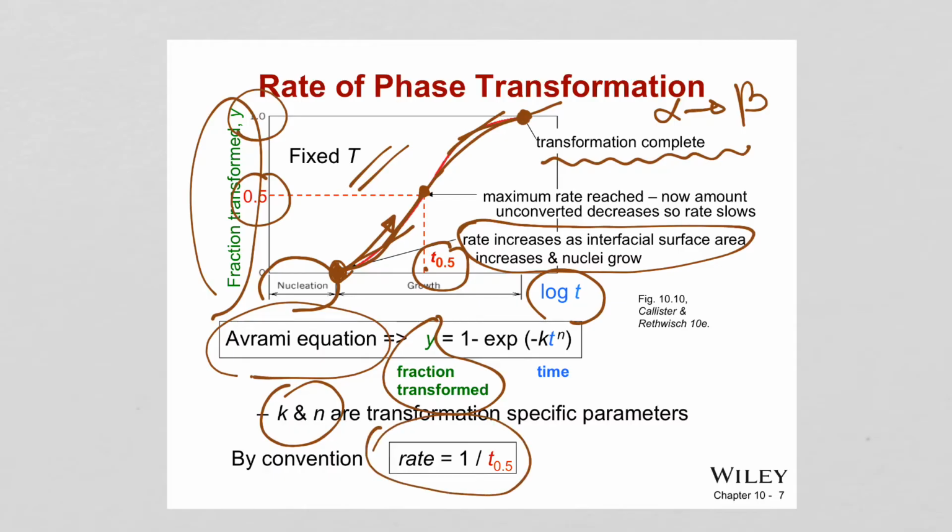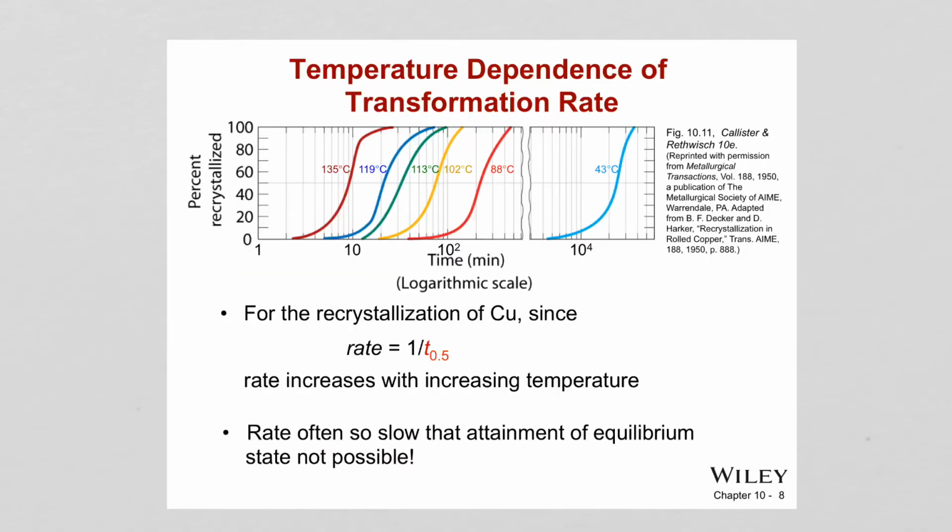So rate is equal to the reciprocal of time required for the transformation to proceed halfway to completion. Okay, so the temperature has a very big influence on the kinetics and the rate of transformation, and we can understand this from these curves, which give us the percent crystallization as a function of time and temperature for pure copper. And since we now know the rate equation, which was the reciprocal of time required for the transformation to proceed halfway to completion,